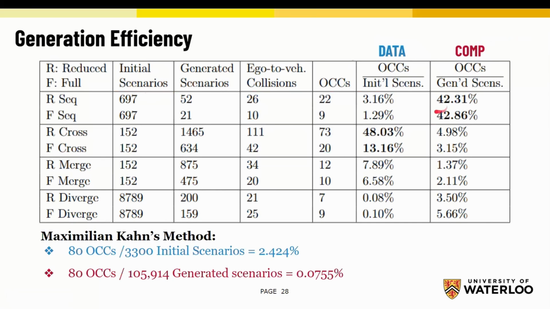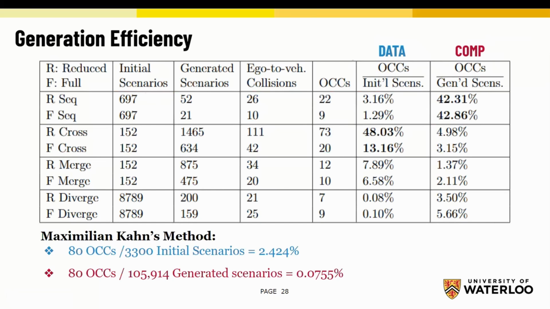And what we find is when it comes to data efficiency, cross scenarios do best. The main reason here is because we're able to generate so many more scenarios to test, just because there's so many ways to cross past each other in an intersection. In computational efficiency, sequential scenarios do best. And this is because they simply have a very high chance of being successful. There's very little time to react in a lot of these scenarios, which makes them have a very high chance